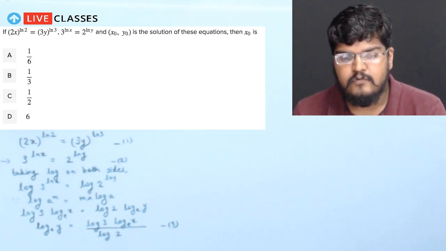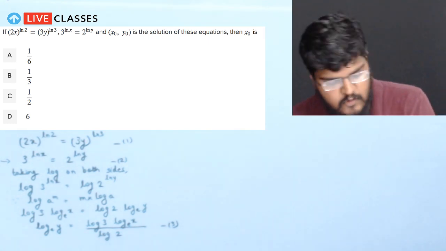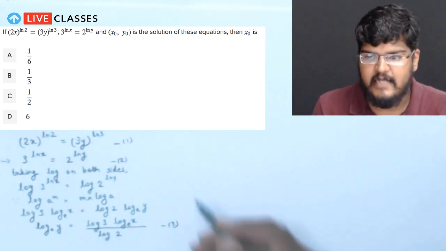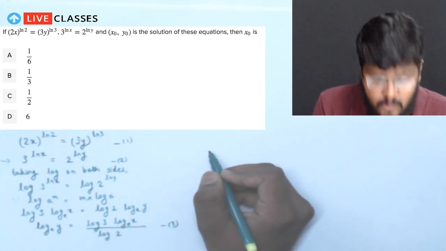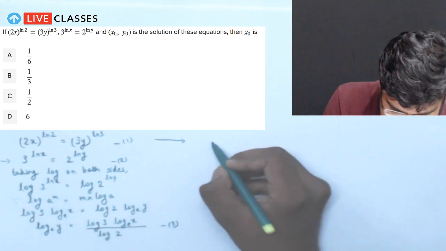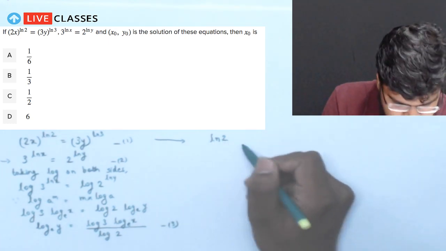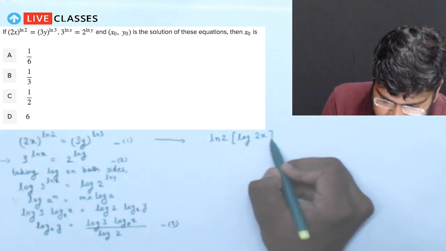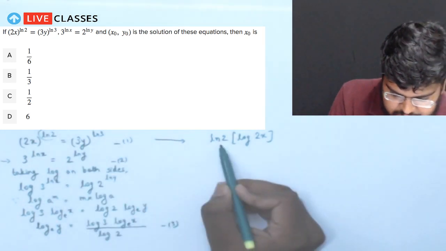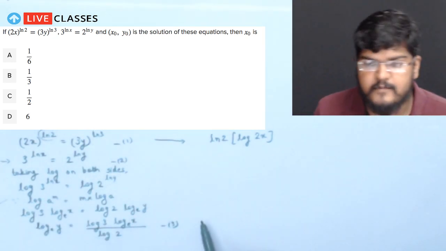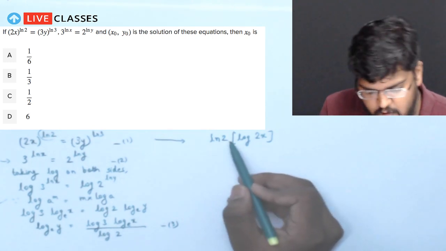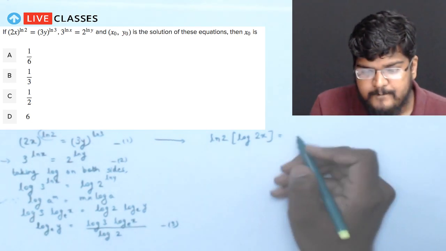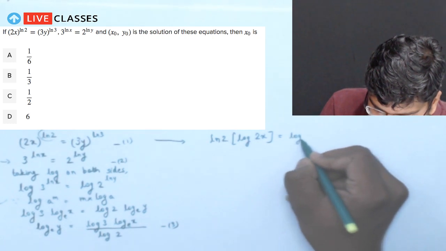So now what we have to do is take log on both the sides again in equation 1. I think doing that would not be difficult now that we've already understood how to take log on both sides. So this, however, will give us ln2 times log of 2x. I have taken the exponents as the coefficients of log earlier itself by this particular property. So I could simply say that ln2, or log 2 with base e, times log 2x is equal to log 3 or ln 3